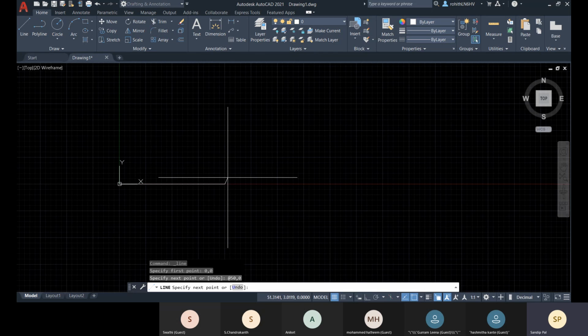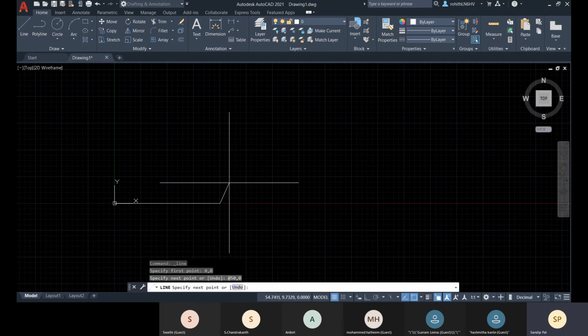So that's why you are getting the same effect as if you had pressed absolute coordinates, right? So for the next point, now we are not calculating from the origin. So now the previous point is different.